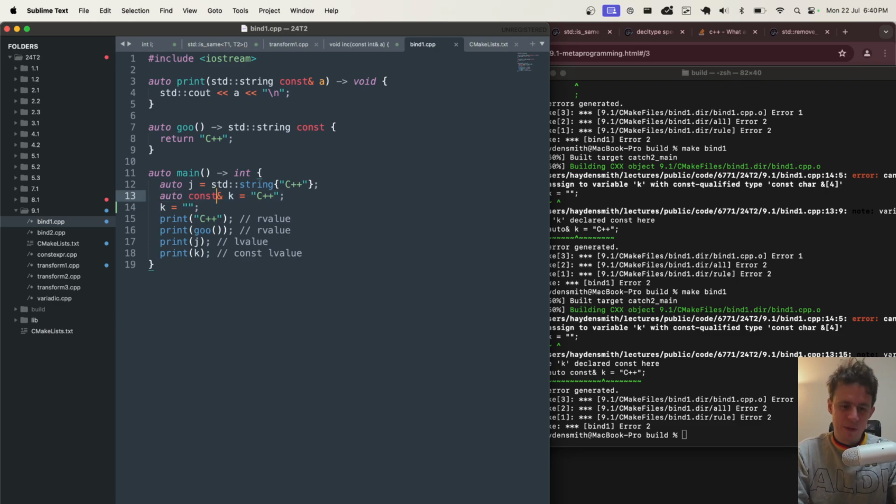Anyway, the point of all of that, me playing around, was that k, with or without the const, basically behaves here as a const L value. It's an L value because it is a reference and it has a memory address. It's something that you can point to. But it's const because it's referring to a string literal. The other equivalent of this would be to create an auto const reference to j there. That is how you'd do it. But without the const, that would just create a non-const reference to j2 in that case.